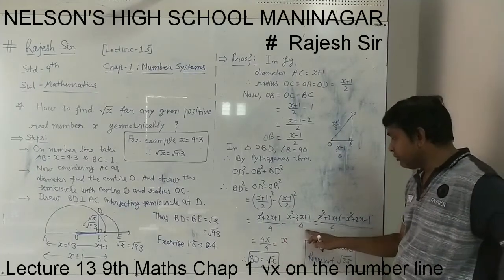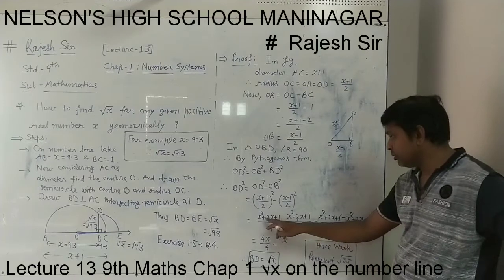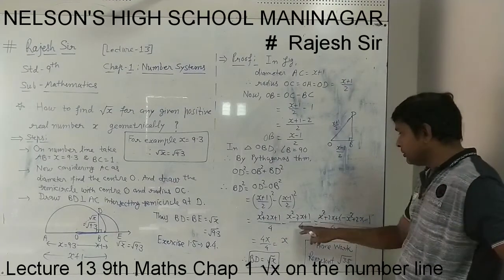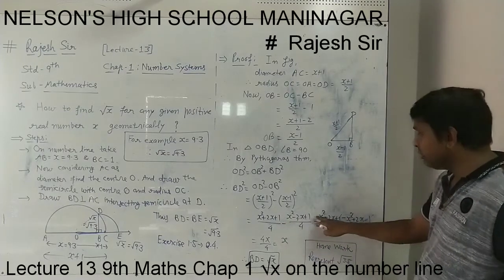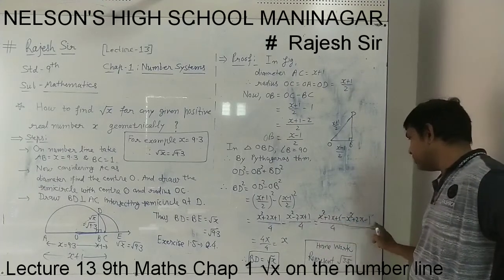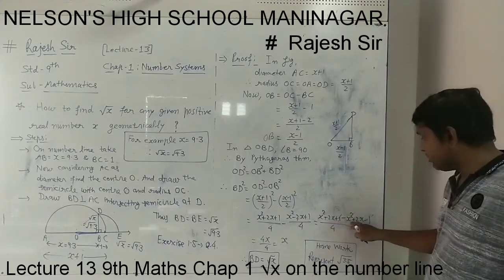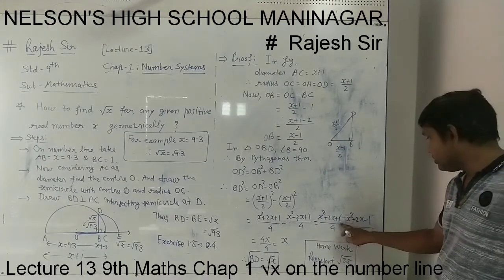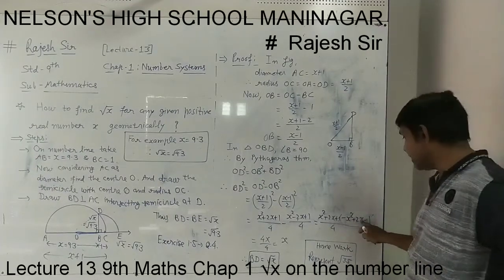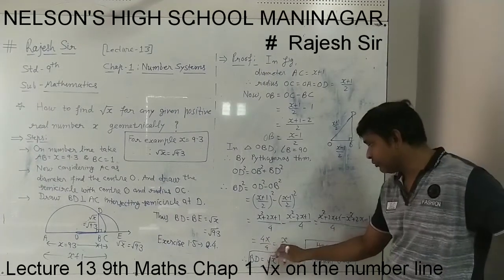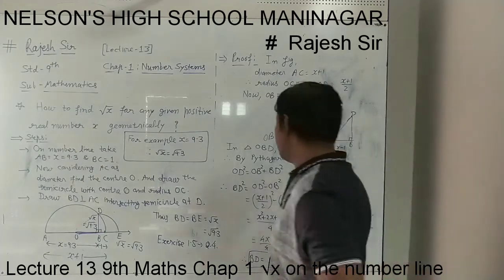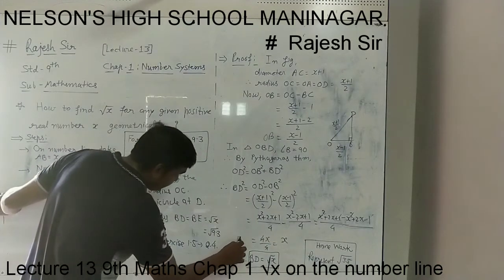Now both denominators have 4, so the common denominator is 4. The numerators are as they are: x square plus 2x plus 1, minus, x square minus 2x plus 1. Because of the minus sign, all signs will be changed on the right side: minus x square plus 2x minus 1. Now plus x square and minus x square cancel. Plus 1 and minus 1 cancel. So what remains is 2x and 2x. On top it will be 4x and below it 4. So 4x upon 4, the 4 and 4 cancel. So we have x. This x is the value of BD square.